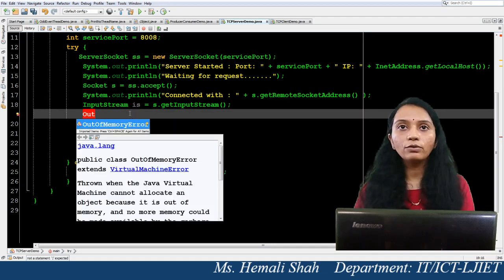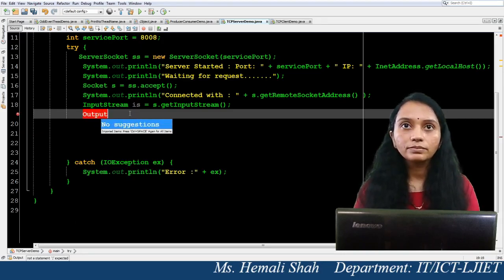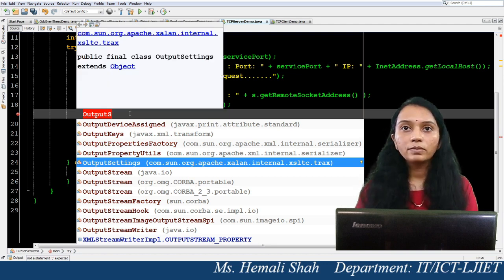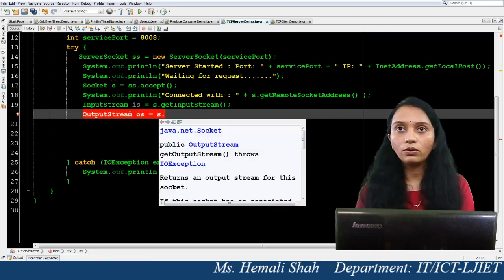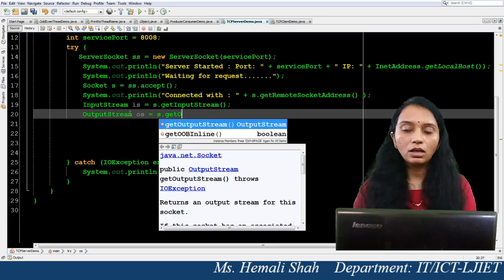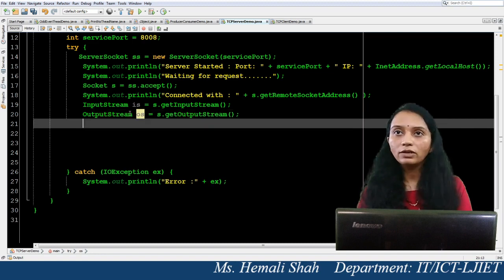Such that you can create the output stream object, the OutputStream java.io class. See, without IO you cannot do socket programming, right? So you must know the IO concept. So here we are getting the input stream and output stream objects from the socket only.